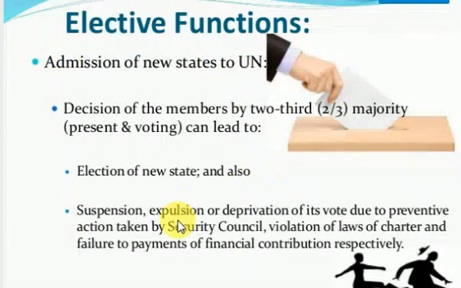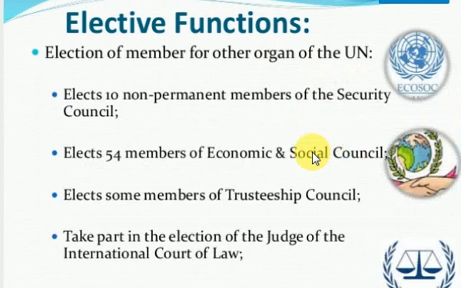Okay, suspension, expulsion, or deprivation of its vote, due to preventive action taken by the Security Council, violation of the laws of the Charter, and failure to pay financial contributions, respectively. So these are the functions, especially the elective functions, of the General Assembly of the UN. Elective functions: election of members for the organs of the UN. It elects the non-permanent members of the Security Council, elects 54 members of the Economic and Social Council, elects some